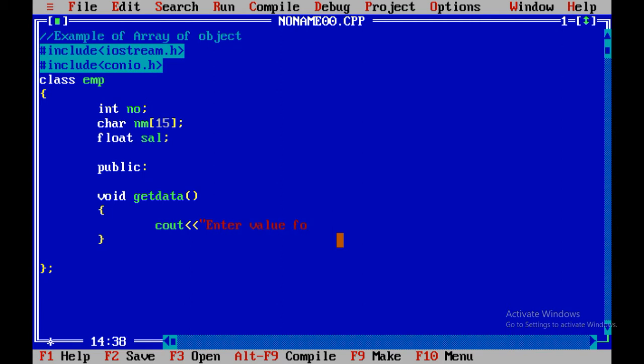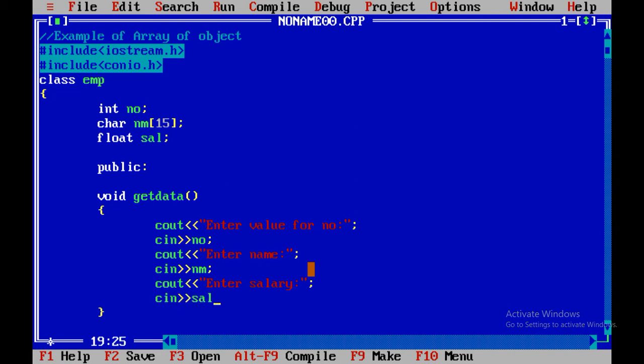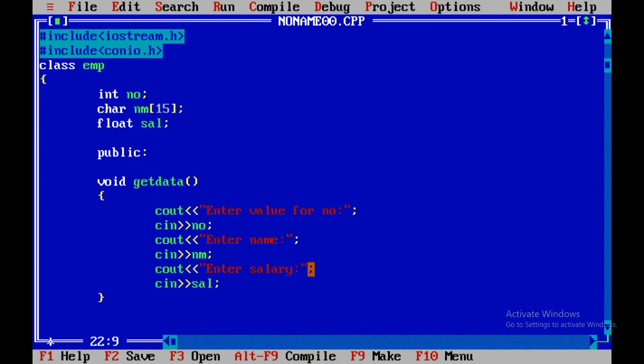Enter value for number, cin no, cout enter name, cin nm, cout enter salary, cin salary. So using getData you are able to input values of three variables called number, name and salary.